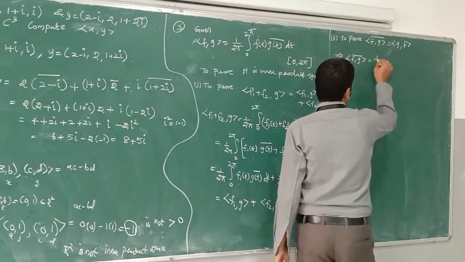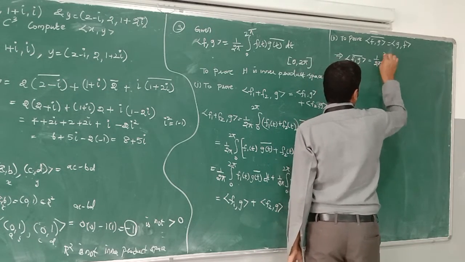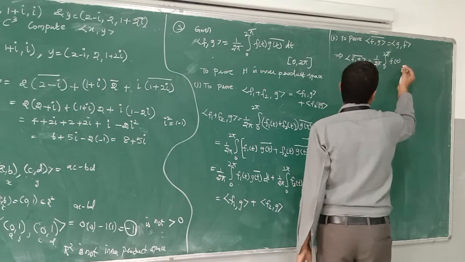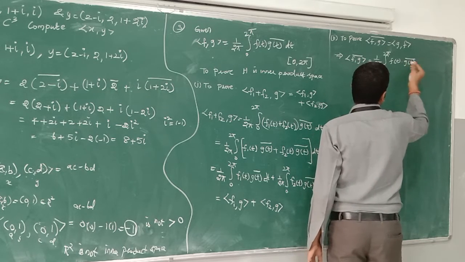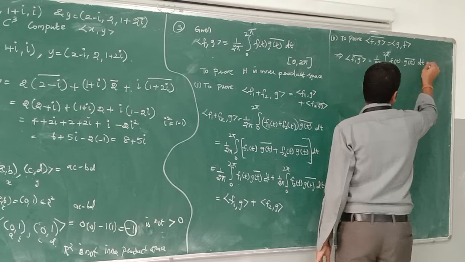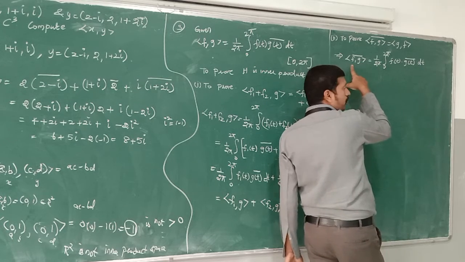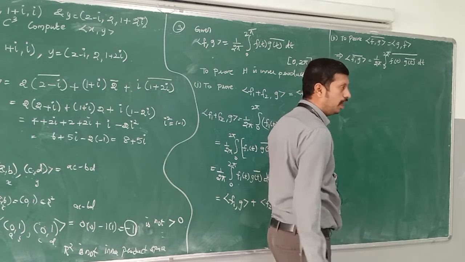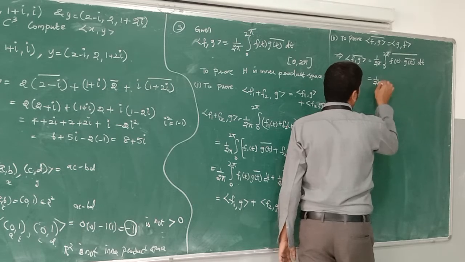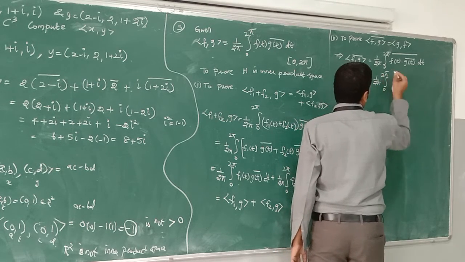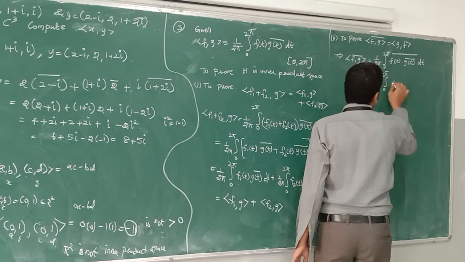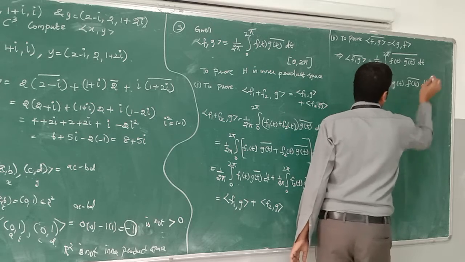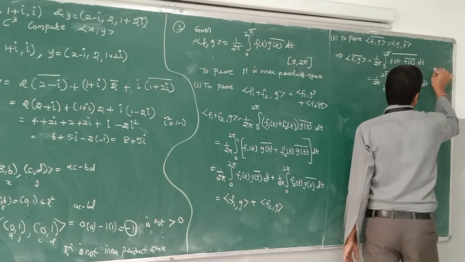Okay, so that is 1 by 2 pi integral 0 to 2 pi f(t) into g(t) the whole bar, the whole bar. So (f, g) is given for this one, so we have to apply this one and we have to get that one. Okay, so this is equal to 1 by 2 pi integral 0 to 2 pi, this we will get as g(t) into f(t) the whole bar, because